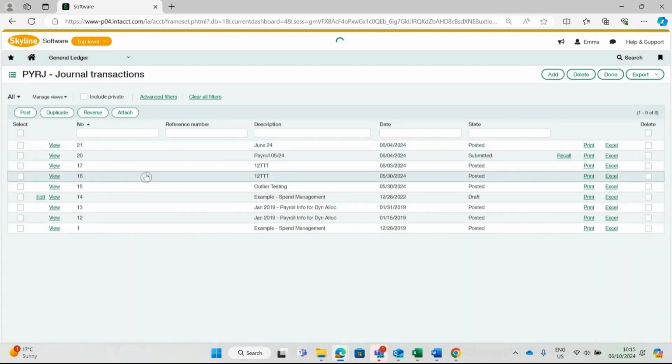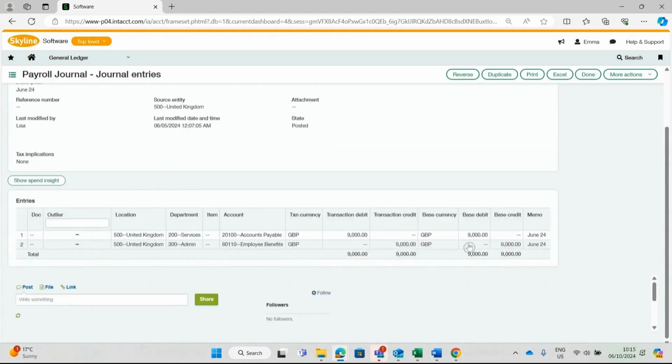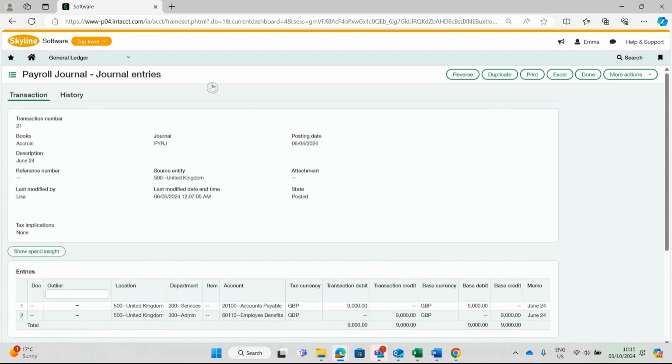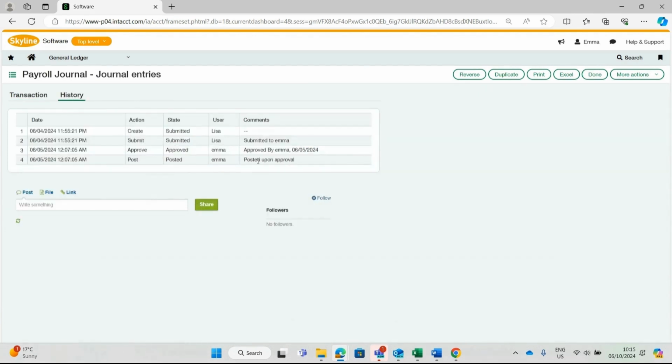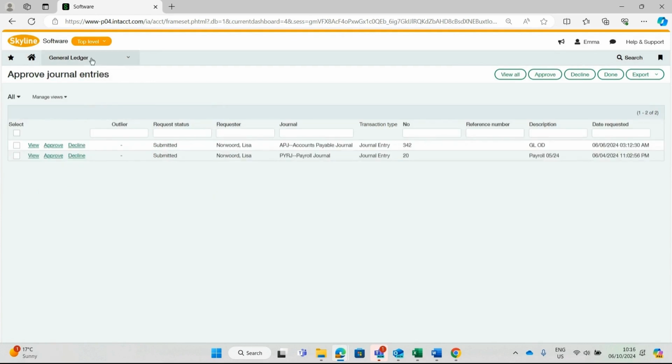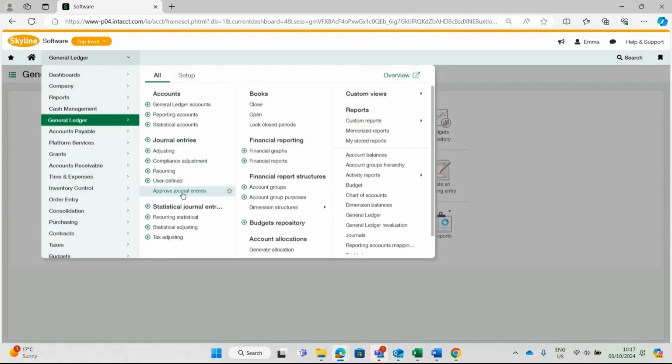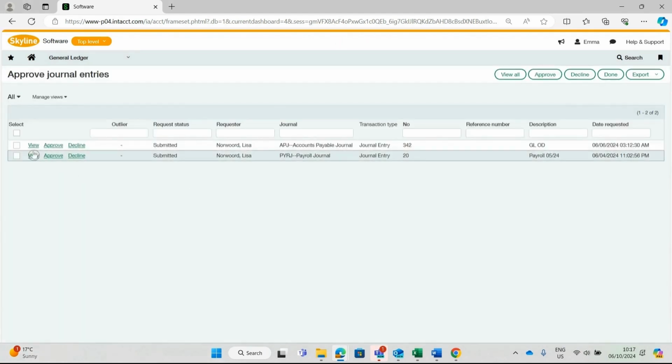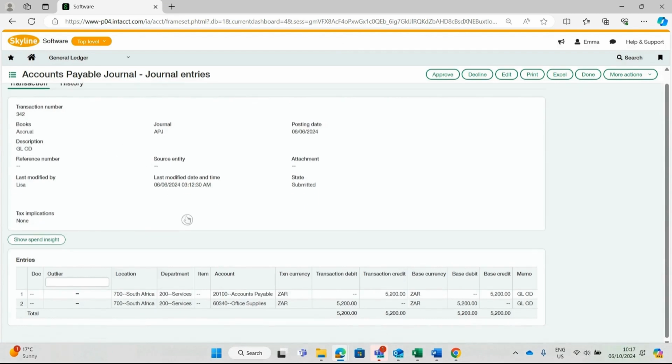I'm going to look at the June 24. So this is the journal entry that I've already submitted, and when I go to history, it's still waiting to be approved. I'm going to go to the approved journal entry page, and take a look at the journal entries that are waiting to be approved, and this is the approval page where the journal entry transactions are waiting to be approved. I'm going to view the accounts payable journal that was submitted, and I have